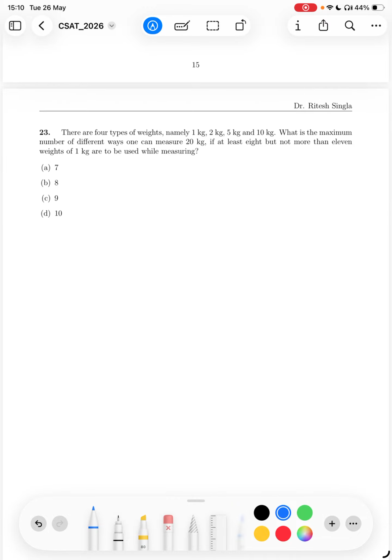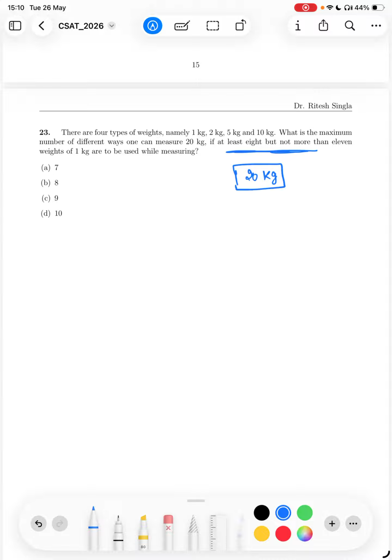There are four types of weights, namely 1, 2, 5 and 10. What is the maximum number of different ways one can measure 20 kgs, if at least 8 but not more than 11 weights of 1 kg are to be used? See, you want to go to 20. And you should have at least